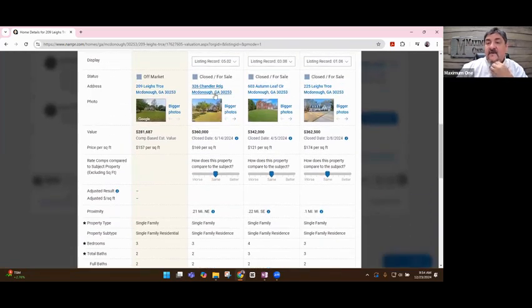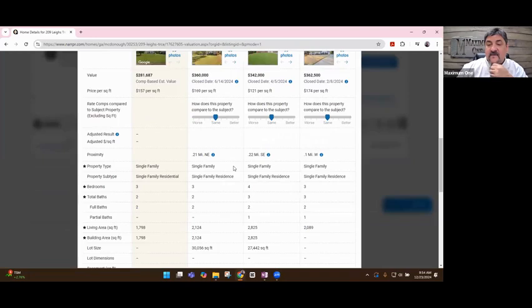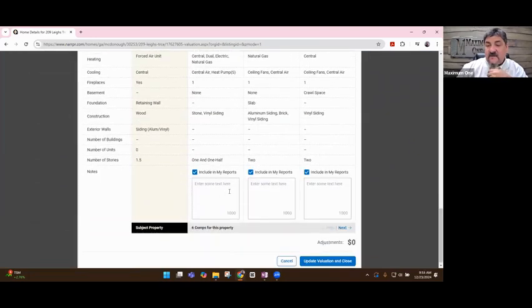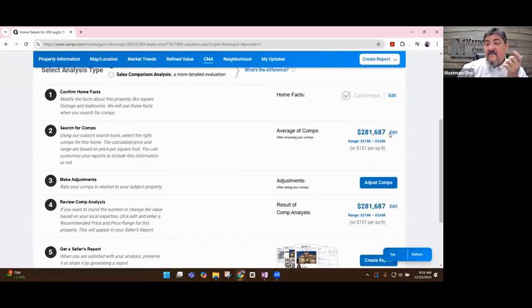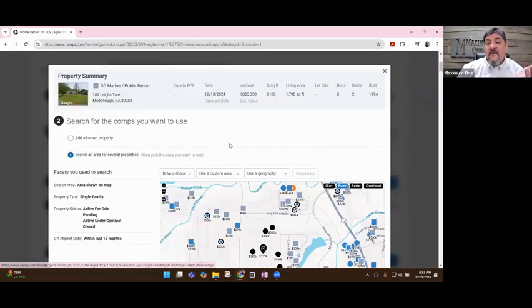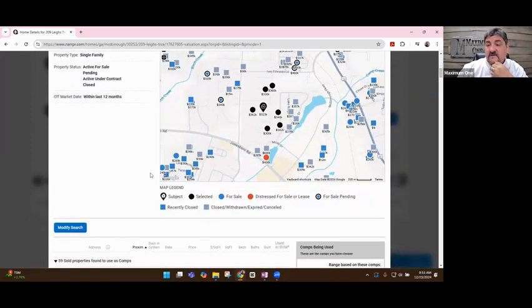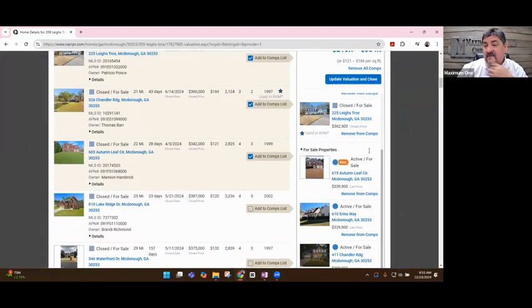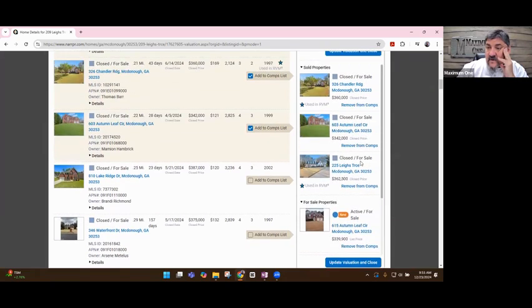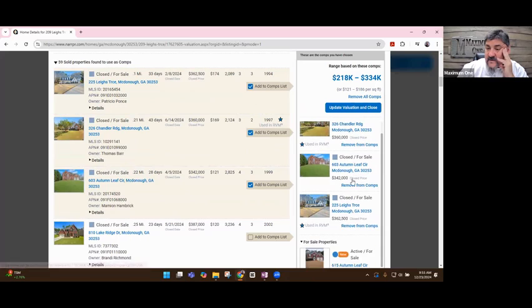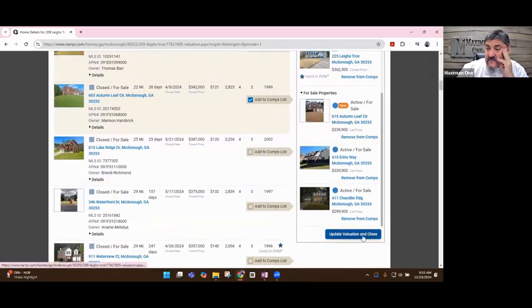You can also rank the order that you want to see these. You can make any kind of adjustments, and you can put notes, and you can make any kind of changes that you want to there. You also have the ability to go back in if you wanted to change the comps that you used again. You still have the ability to go in and change any of the other comps that you felt were wrong for you on here. It just kind of depends on what you want to do, but you have the ability to change the comps,